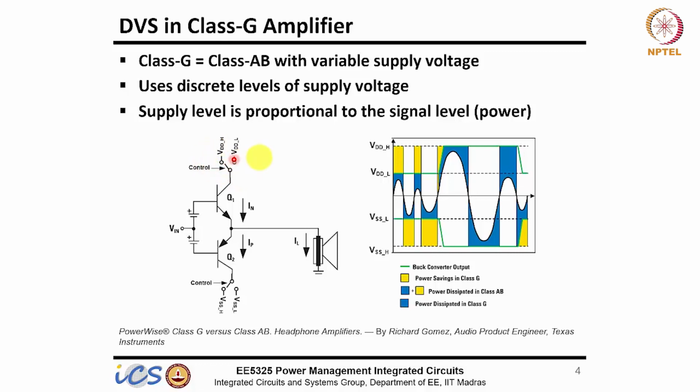So now let's say I have two supplies: at 1 volt I use this VDDH, at 0.5 volt or below I use VDDL. At 0.5 volt, if you keep using 1.1 volt, the dropout across this transistor is 0.6 volt. But if I switch to 600 millivolt, then you have again reduced the dropout to 100 millivolt. So you can reduce the losses in the circuit, and efficiency will be much higher. Now how many supplies you use will define your average efficiency.